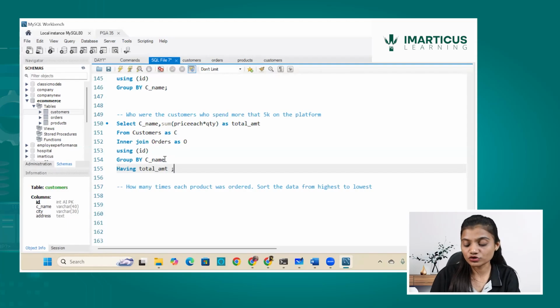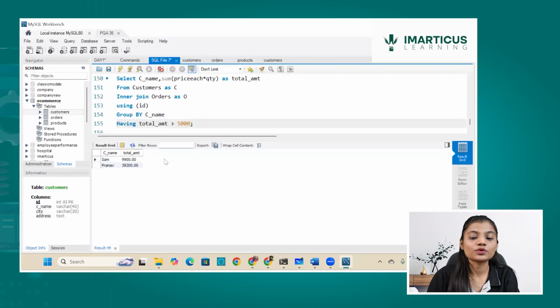The total amount should be greater than 5,000. 5k is nothing but 5,000 over here. And you can see which are the two customers who have spent more than 5,000 on the platform. It's Sam and Pranav. So these were the two customers who have spent more than 5,000 on the platform for placing any orders or ordering certain items.